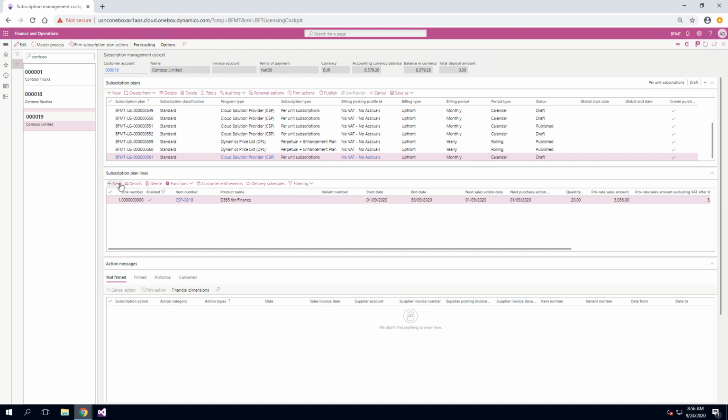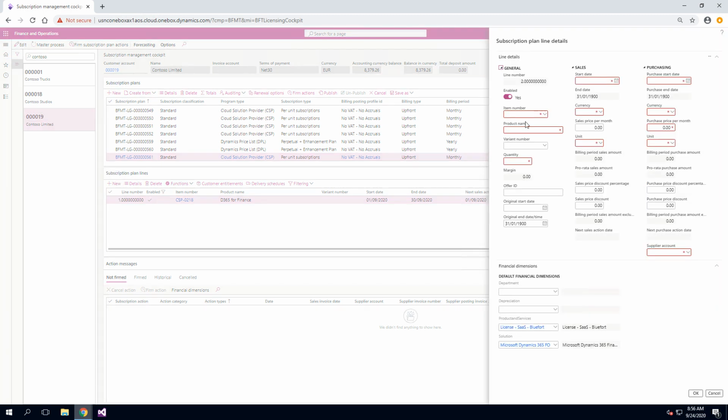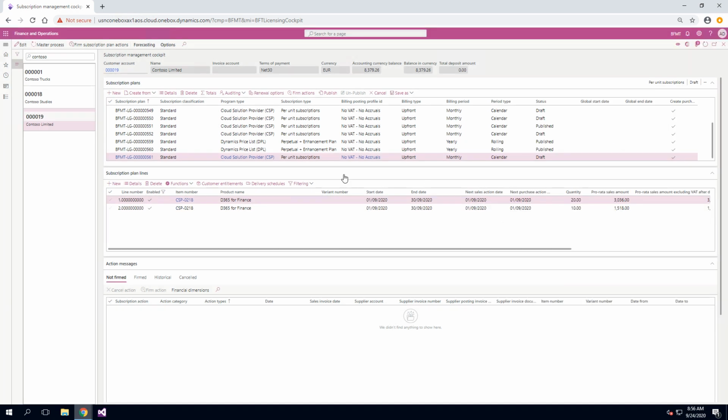So now let's assume that we will add another line of the same type, which is the 0218, and we'll add a quantity of 5, or let's do it 10 actually, and we will create this line and now have a total of 30. Okay, so now let's do another